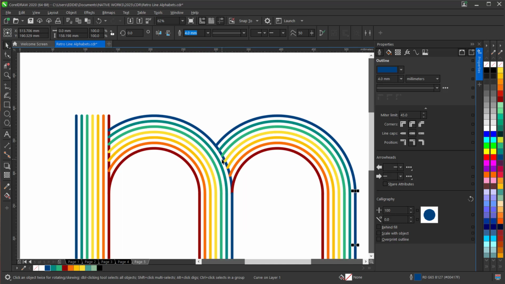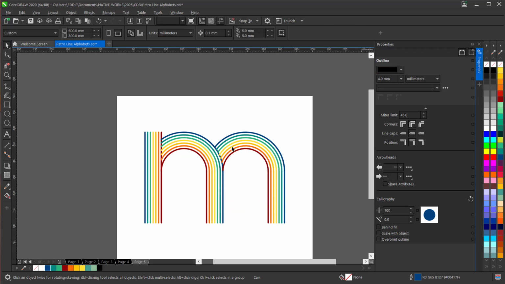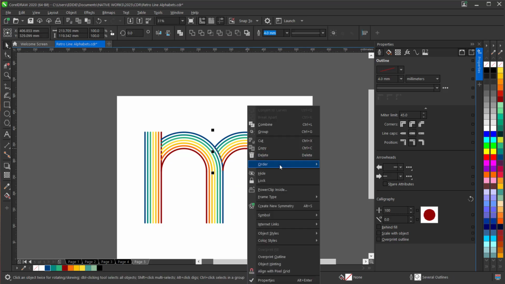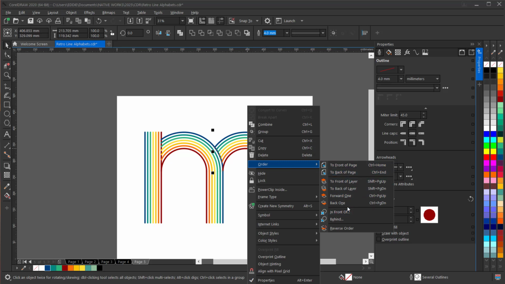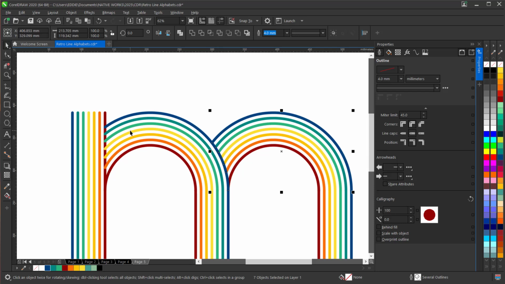Awesome. Our M is looking so beautiful, but we need to send the top part to back of page so that our vertical lines will be in front. So let's select the curved part and give it an order.